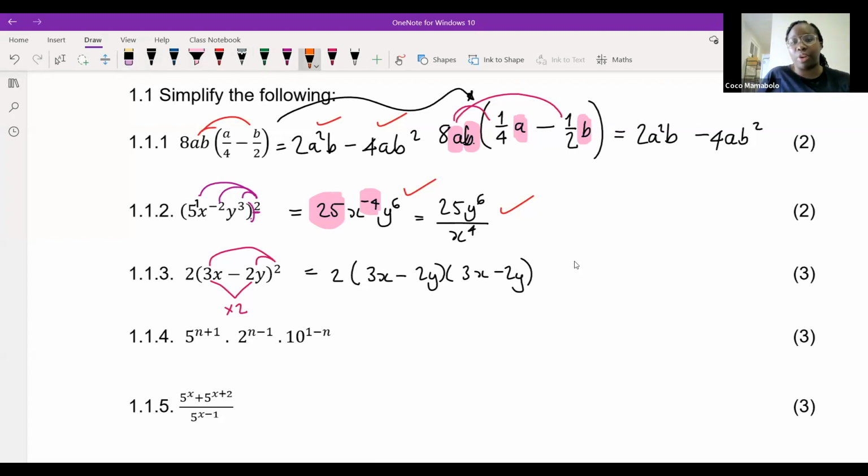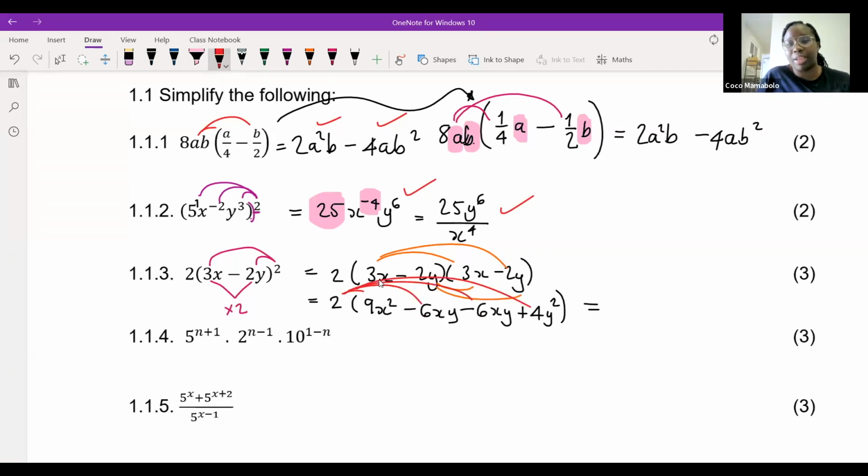I'm then going to FOIL. I'm going to do top over there, bottom, but I'm going to keep it in the brackets because I still need to multiply that 2 in. So I'm going to have 2 in my brackets. I'm going to get 9x squared minus 3 times -2 will give us 6xy minus 6xy, then -2 times -2 will give me positive 4y squared, right? I then have to multiply that 2 in,